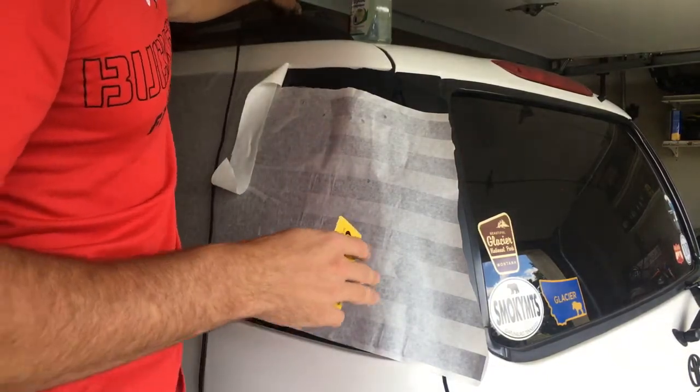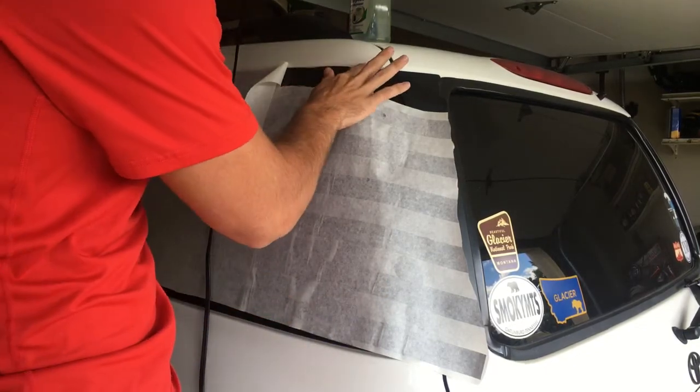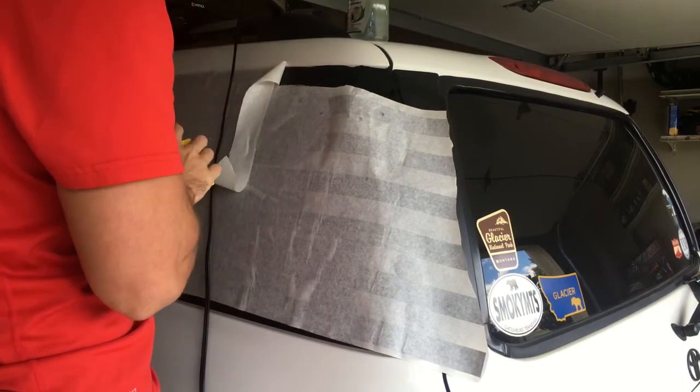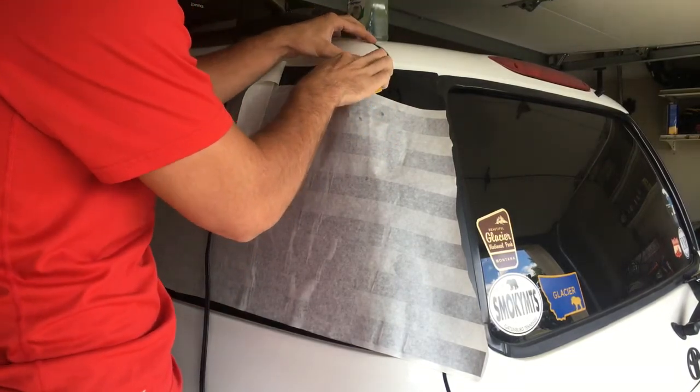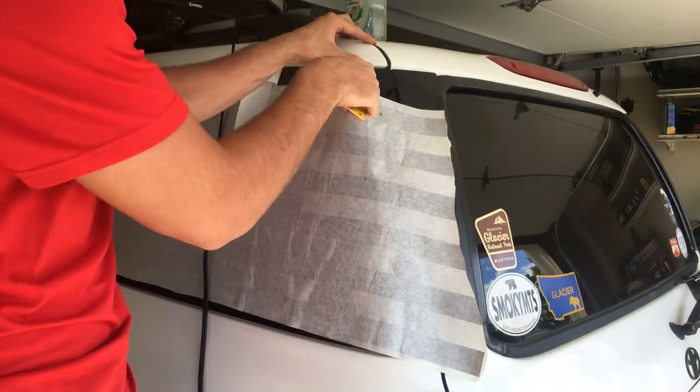You're going to repeat this step for each bar. You're going to do the same thing. You're going to cut it right down this transfer paper. You're going to peel it back. You're going to warm it up. And before you place it back down, warming it up, you're going to spray water on here so you can